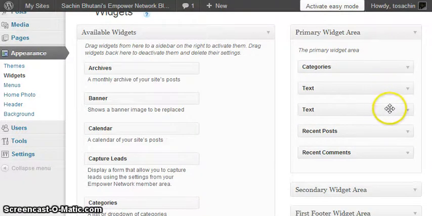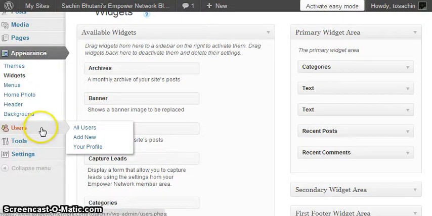In the second text, the big banner about joining me on Empower Network, the recent posts and recent comments, etc. In the right side text I have also added a Google Analytics code, which gives me complete analytics details about my blog, how many page views and how many visits I am receiving. And here is one more section, users, which is not required for now, but it can be used moving forward.